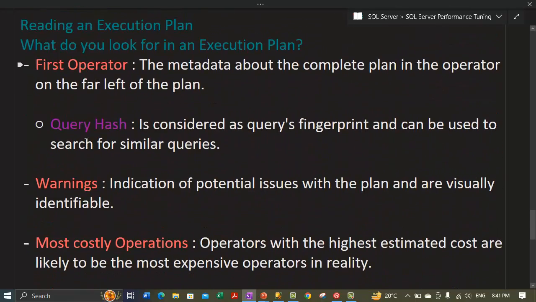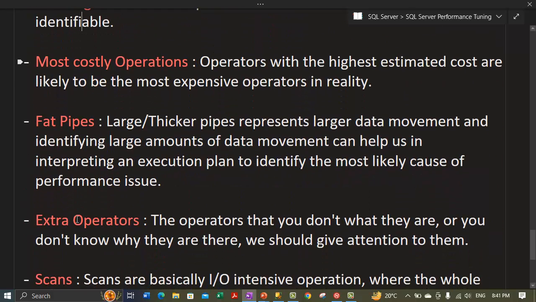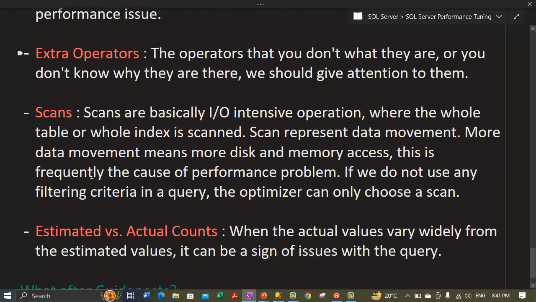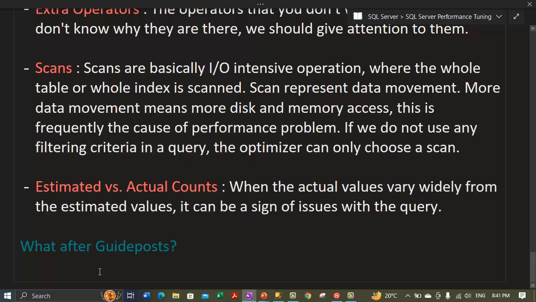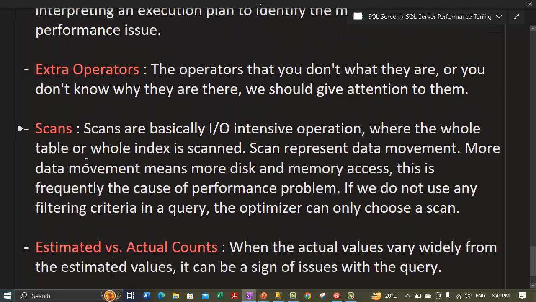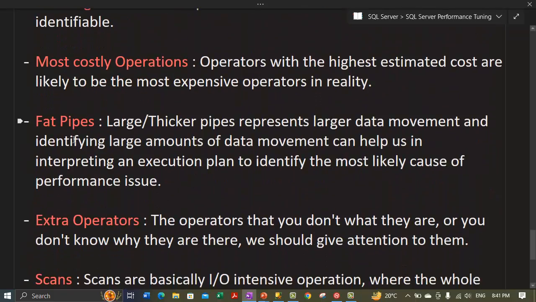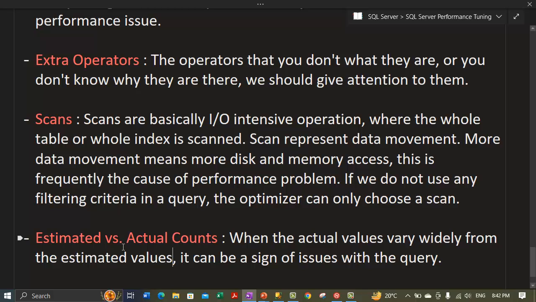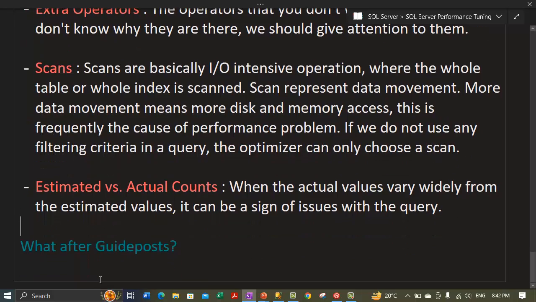So after looking at these guideposts within the execution plan, you should get an idea by this time of what is going on. After you have exhausted the simple process of using the guideposts, what you need to do next is the hard work of understanding what's happening in the plan, where the guideposts don't give you enough information to go on. Sometimes these 7 things, the first operator, warnings, most costly operation, fat pipes, extra operator scans, and estimated versus actual counts, when we have gone through all of them,